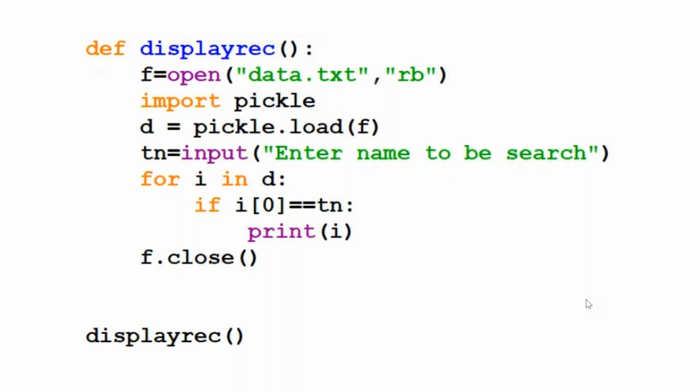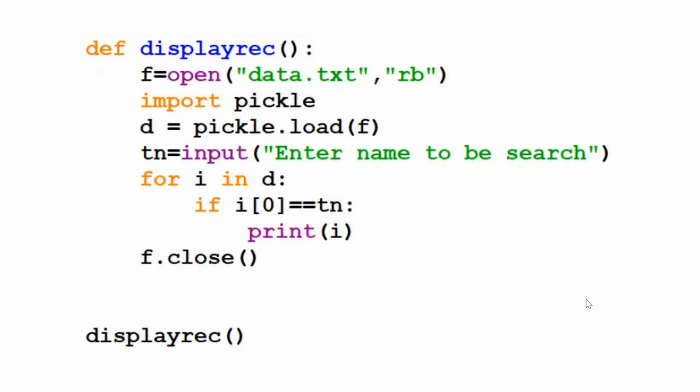Loading the extract file, all the data from that? No. What is a load? To download file? No. Load is there's a class pickle, which is another file actually. Apart from this code, there's one more file which is called pickle, and that we are importing in the line number 3. In that file, pickle file, there is one function called load, which is not visible here. And that load requires one file in a binary format. So you are calling the f.